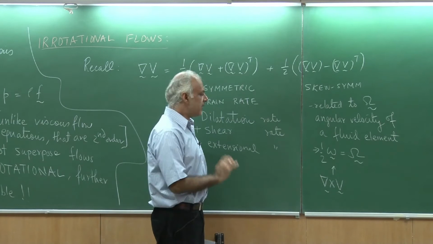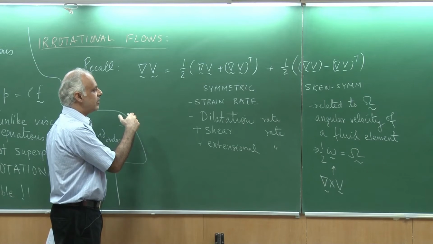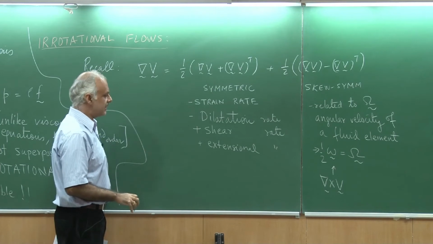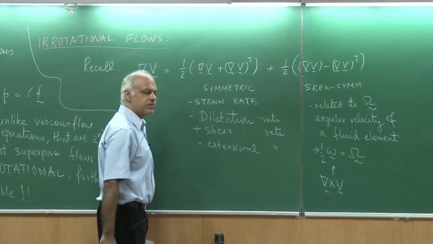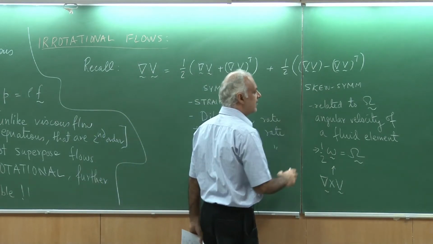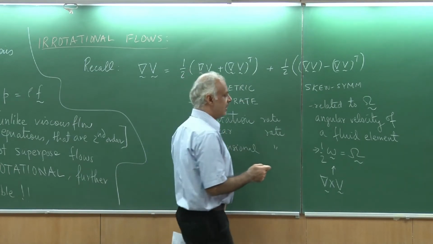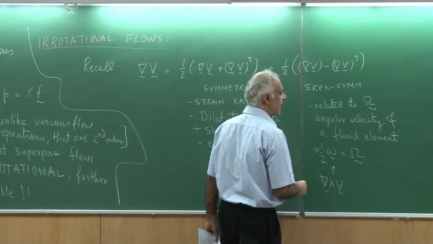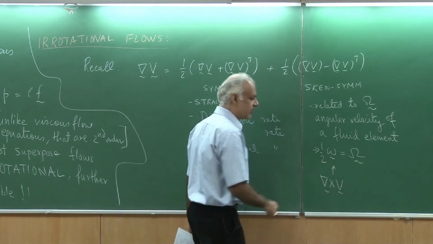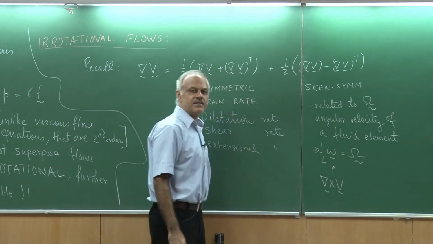Okay. So, let me now recap the whole thing for you. I have a velocity field, and from kinematics I have been able to break it into 2 parts, a symmetric and a skew symmetric. The symmetric part gives me what would be useful in a constitutive model, the strain rate tensor, and the skew symmetric part tells me how these elements are spinning about their own axis, and the rate of rotation is omega, and this omega is also related to the curl of velocity, which we are denoting by the small omega, and there is a relationship between the angular speed and the curl of velocity.